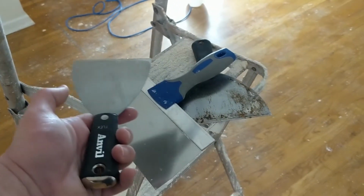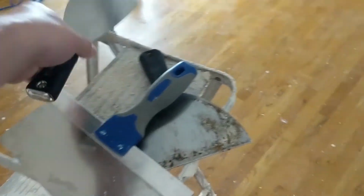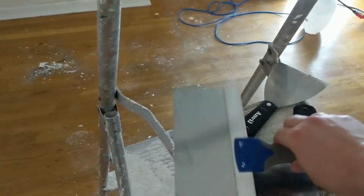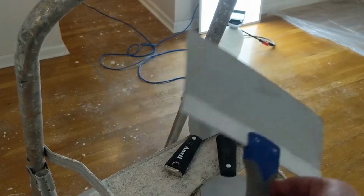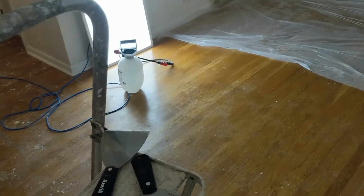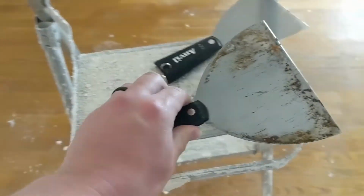So let's talk about scraper choice for this job. I have found that this is the differentiator, game changer. So this one right here is just way too wide. It will not get the job done. I mean, it will, but you have to put way too much effort and work into it. So these two are very similar,